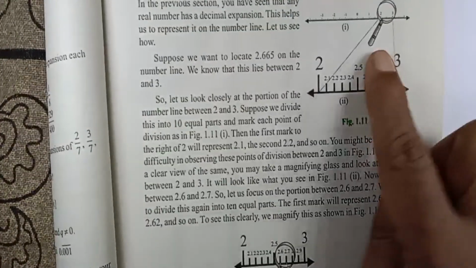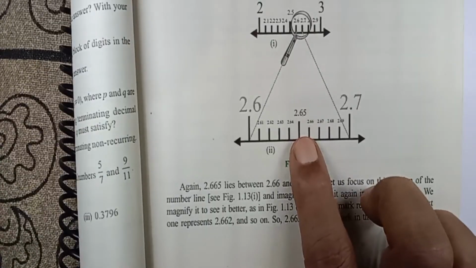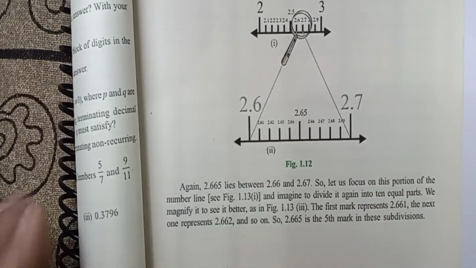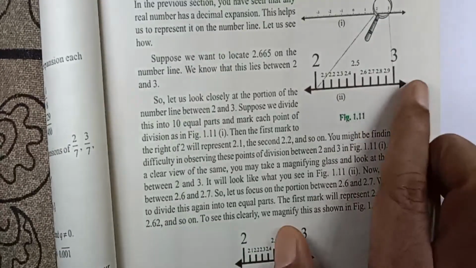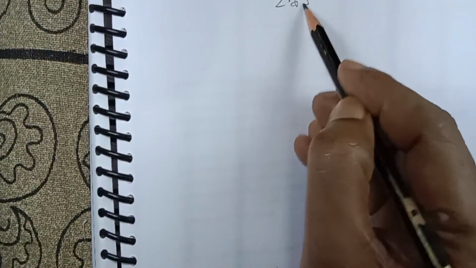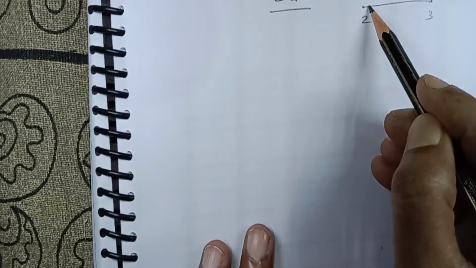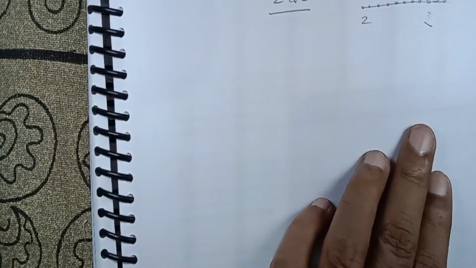You can see this one called magnification. Okay, here you can see the representation of 2.65. तो 2.65 क्या है, 2 और 3 के बीच में 2.65। देखो स्टेप बाय स्टेप, suppose it is given 2.65, so it will be between 2 and 3. और आफ्टर दैट यहाँ पे इक्वल डिविजन 10, 2.1, 2.2, 2.3, 2.4, 2.5, 2.6, 2.7, 2.8, 2.9 और 3। इसीलिए पहले 3 मत लिखना, पहले डिवीजन करने के बाद लिख देना।